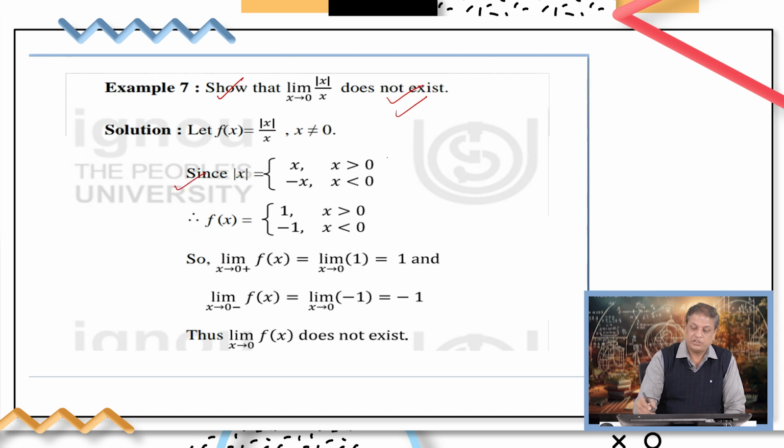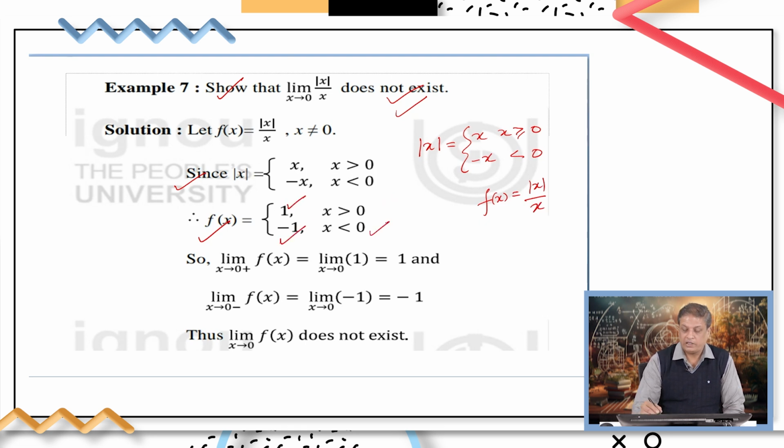We performed the steps and applied the understanding that modulus of x is equal to x when x is greater than 0, and minus x when x is less than 0. So, for function f of x, modulus of x upon x will turn out to be 1 when x is greater than 0